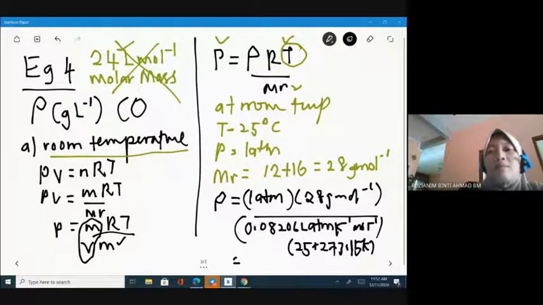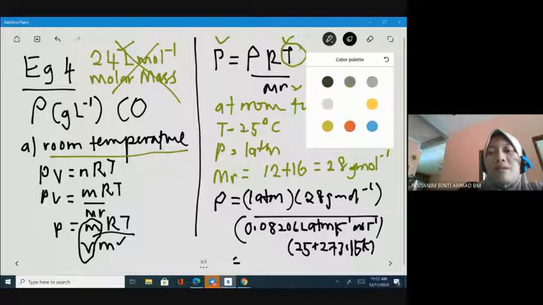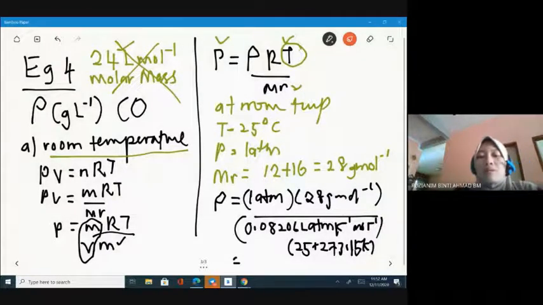Is it the similar answer? Calculate now. So in our finalized unit remaining, atm cancel, mole cancel, Kelvin cancel, and we just have unit gram and liter. So this is the unit for the density. So the value is equal to